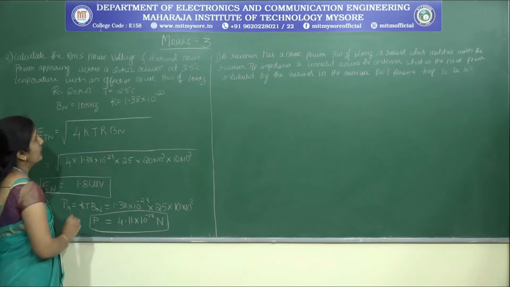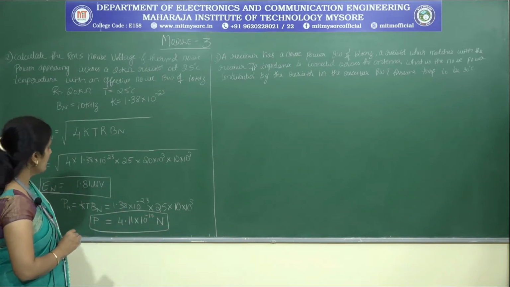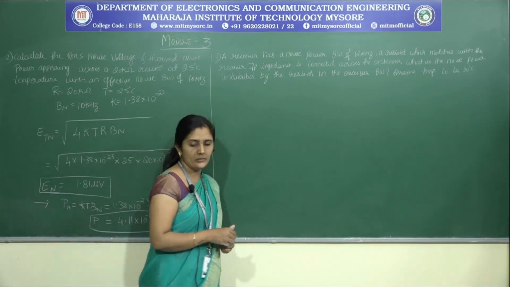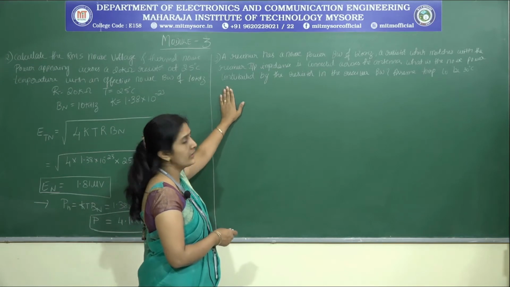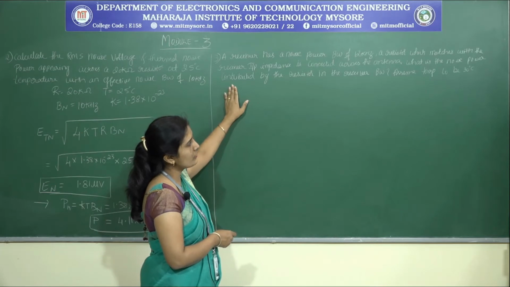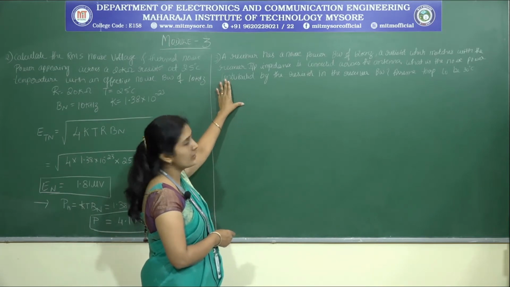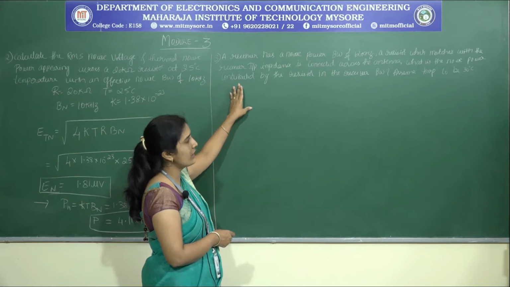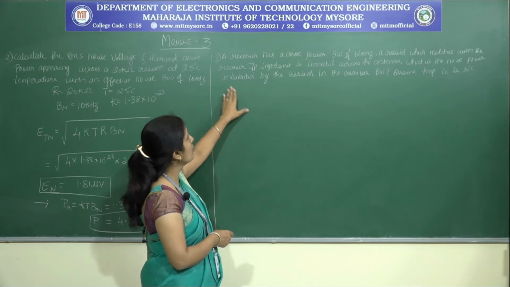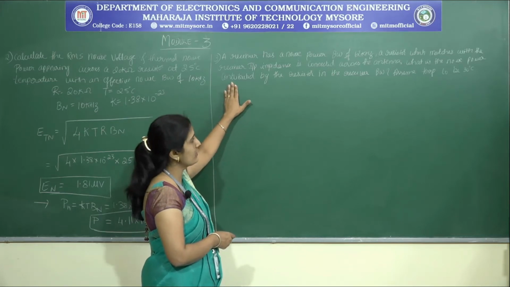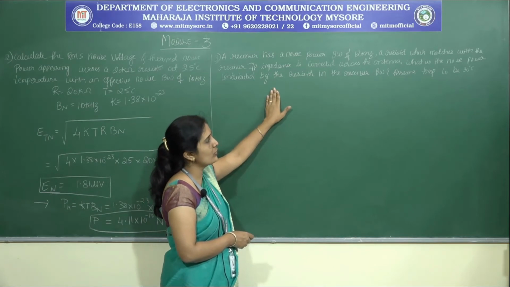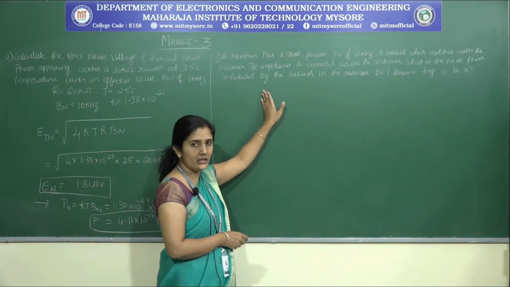So this is the power appearing across the 20 kilo ohm resistor. Now we have got one more problem. The receiver has a noise power bandwidth of 12 kilohertz and a resistor which matches with the receiver input impedance, which is connected across the antenna. Here we have to find out what is the noise power contributed by the resistor in the receiver bandwidth, and we also have to assume that the temperature will be 30 degrees